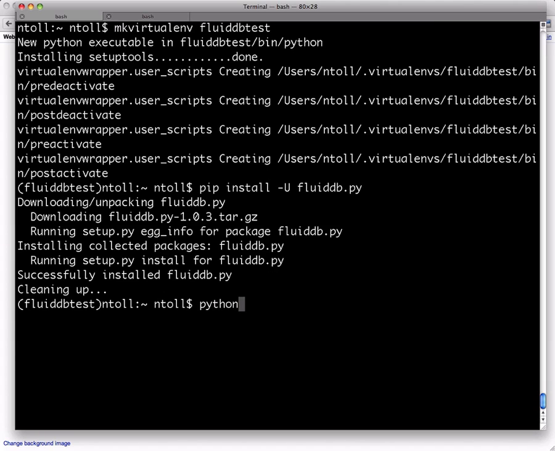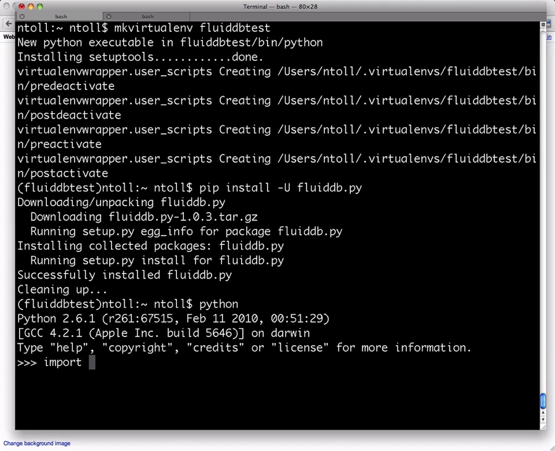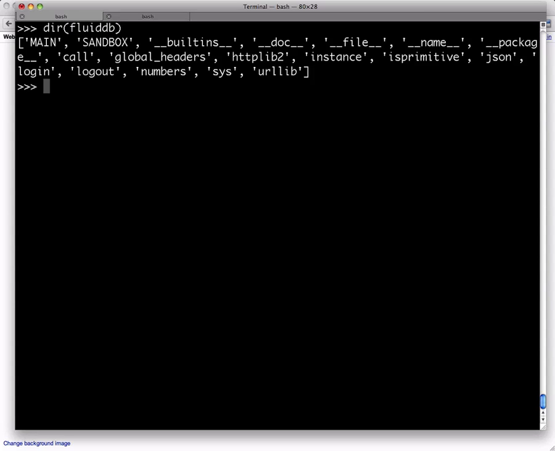So how do I check that it's installed properly? Well, I simply drop it into the Python shell and import it. Nice and simple. That's worked. So what do I get in this module? Well,